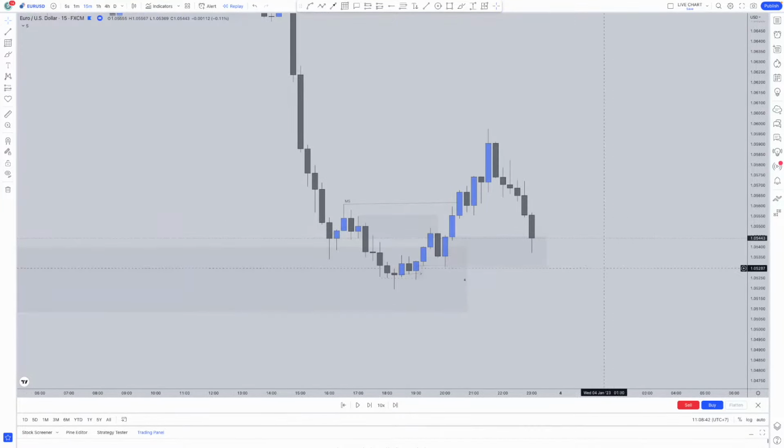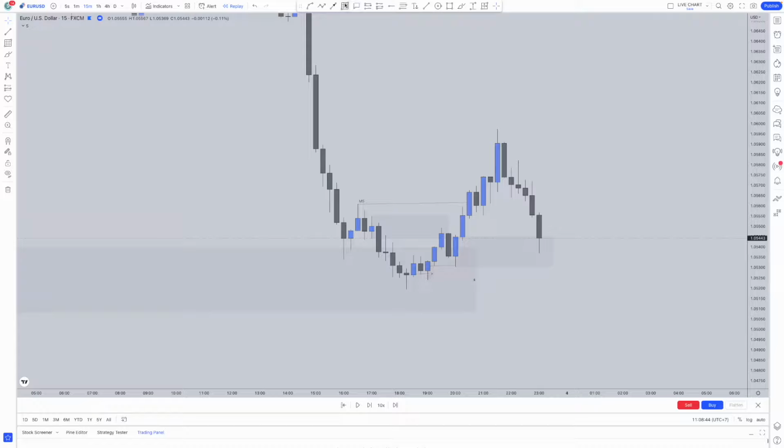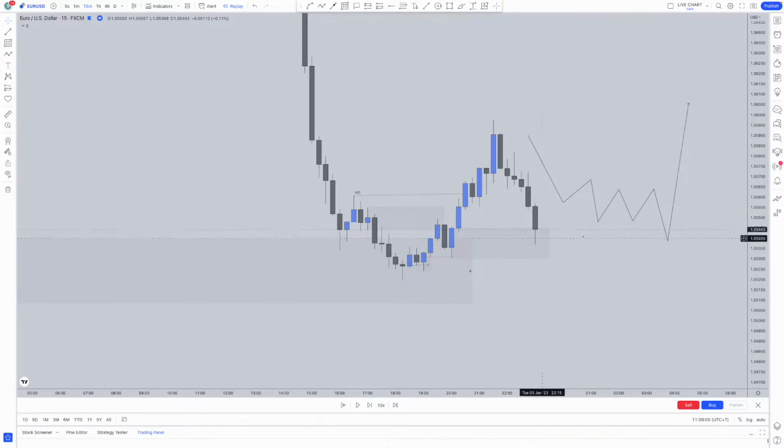Let's see what happens. However, this would be a much better scenario if this came down like this, and we were hovering above price, and then we had these lows to sweep before we continue up. That would be a much better scenario. But everything else here is aligned, so I'm just going to go down to the 1 minute and see what happens there. So we're in the POI,